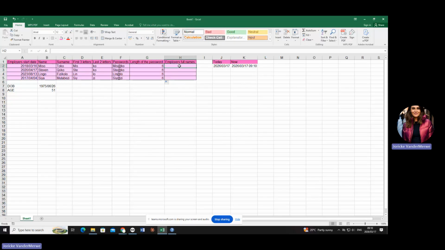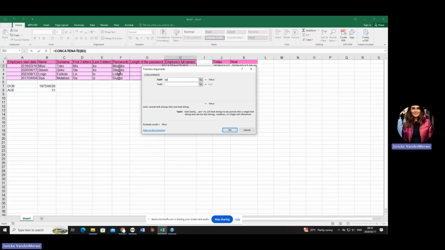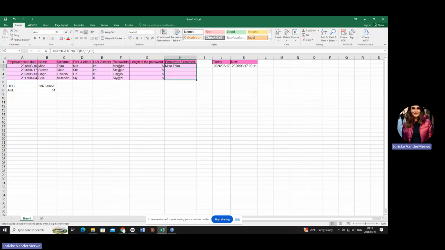Now, let's go to the employer's full name. Full name meaning the name and the surname. How am I going to take the name and the surname together? How do I take the name and I put it to the surname? I just did it earlier. How do you take one cell and the other when it's both text? Yes? Concatenate. Okay? But now I'm going to have to make a space between, and that's why I want to show you. So you make a space. Can you see it makes a little space there for you? And then the surname, and you're going to say, okay, and you take it down. Are you with me? Okay.